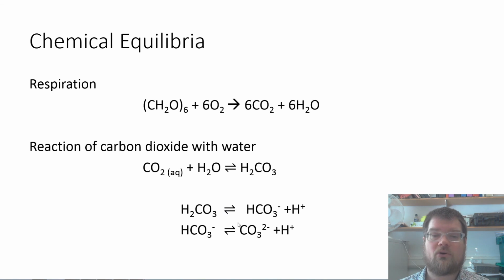And importantly, we can change those relative proportions by adding or taking away these hydrogen ions. So the more hydrogen ions we put in, the lower the pH, the more this back reaction goes. So we're adding in hydrogen ions. That forces the reaction this way. Adding a hydrogen ion here, it will force the reaction this way. So in this case, the pH is a strong determinant of the relative proportions of our products and reactants